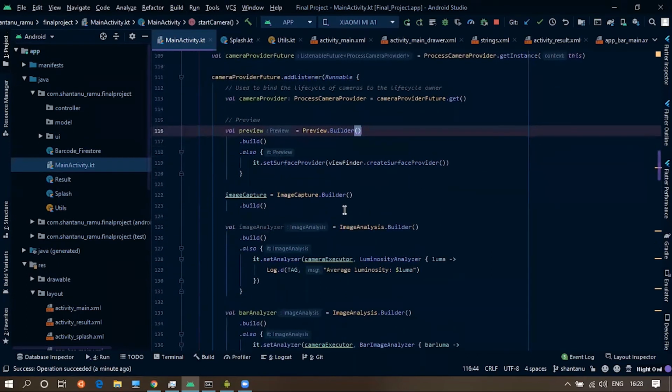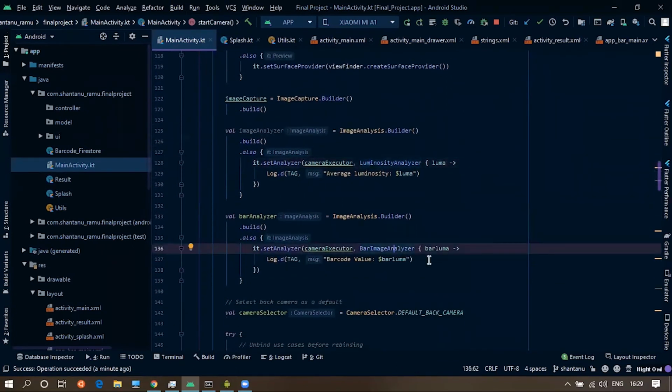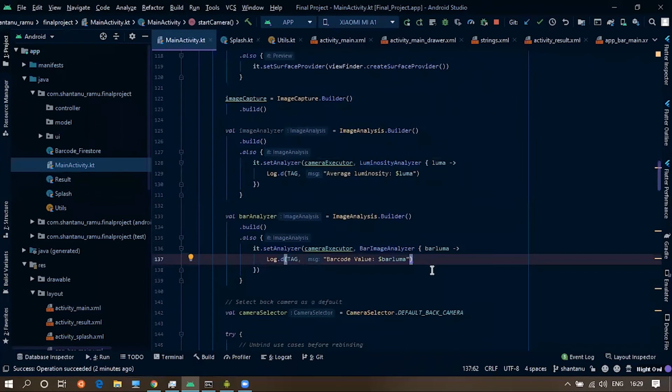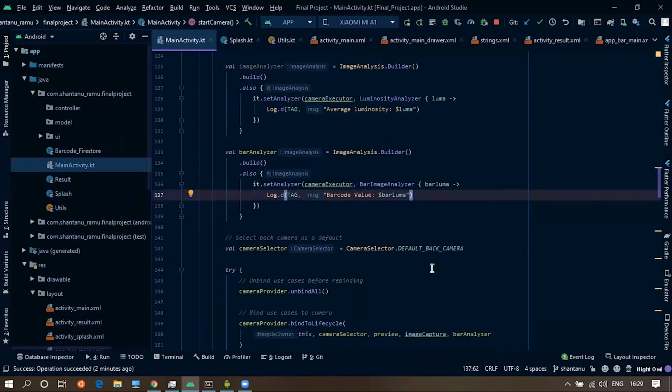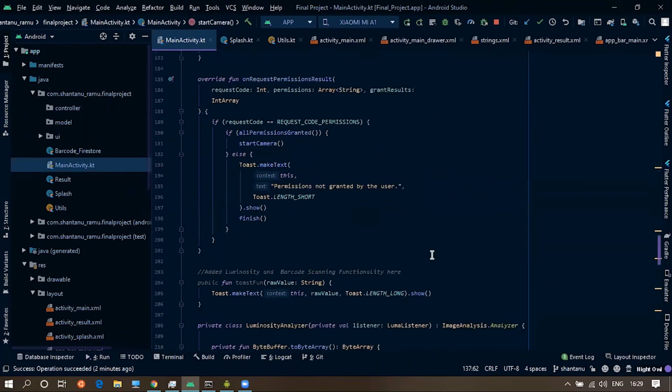After that, we have used image analyzers. One is the luminosity analyzer and the second is the bar image analyzer. The bar image analyzer is responsible for getting the barcode value from the image data. So I'll explain the bar image analyzer function.